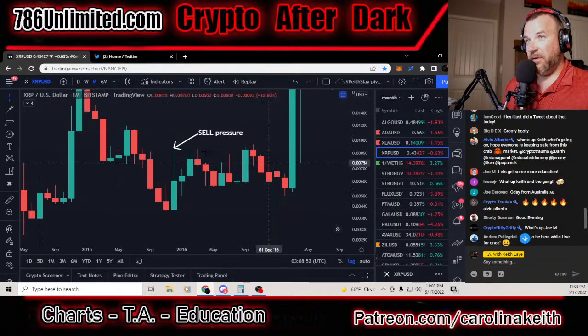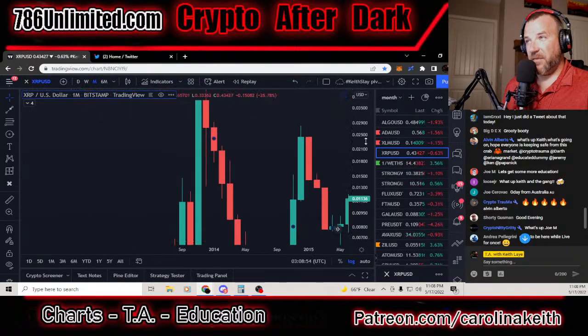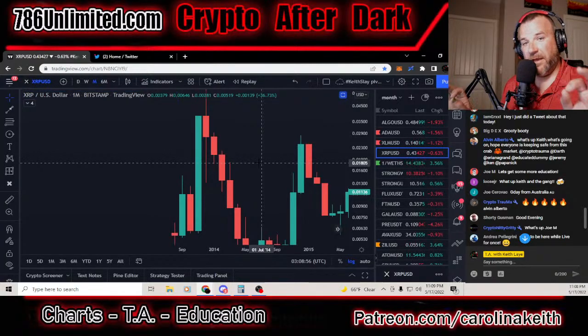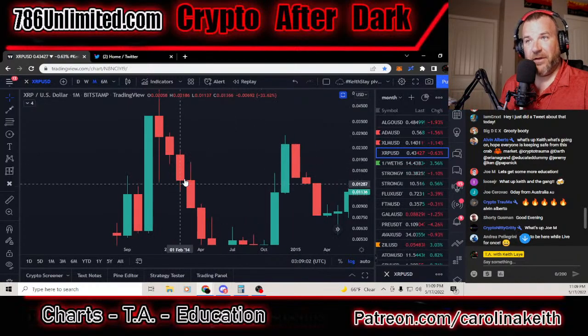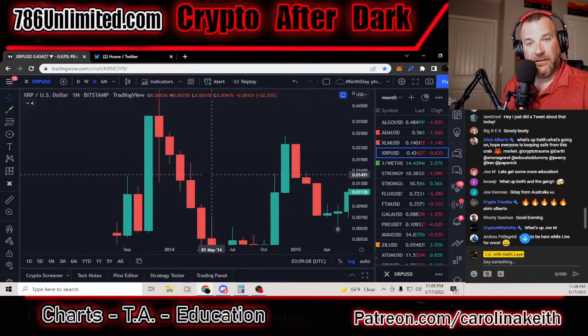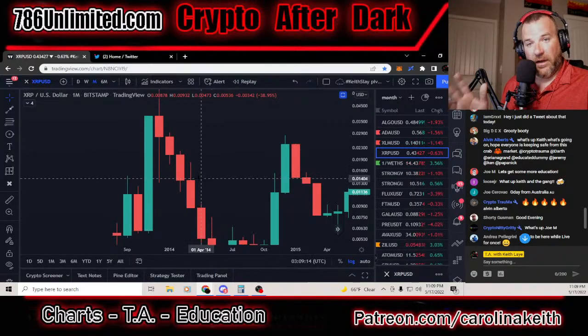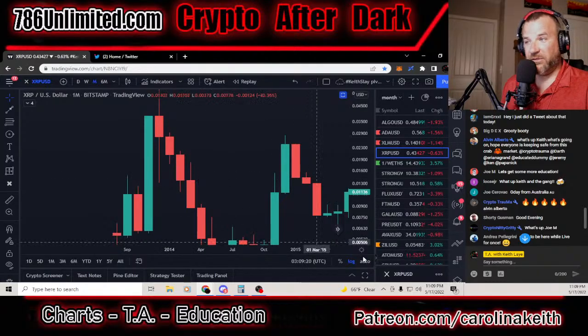So let's look at it like this. There are a couple different types of candles that are blatantly obvious. Why is a candle called a candle? Well, it kind of looks like a candlestick, right? If you look at this candle here, it has a wax body with a wick that you would light on fire and burn a candle, right? Cool. Bodies and wicks. Why are they bodies and why are they wicks? Well, when a candle opens, whatever time frame it is, and this is the monthly chart we're looking at, I have XRP pulled up here, and I'm in log mode, as you see in the corner.